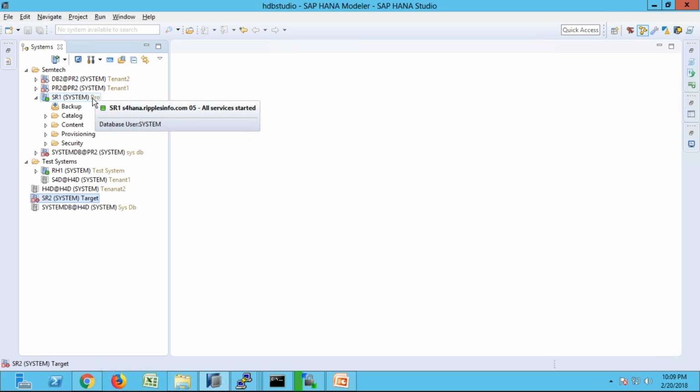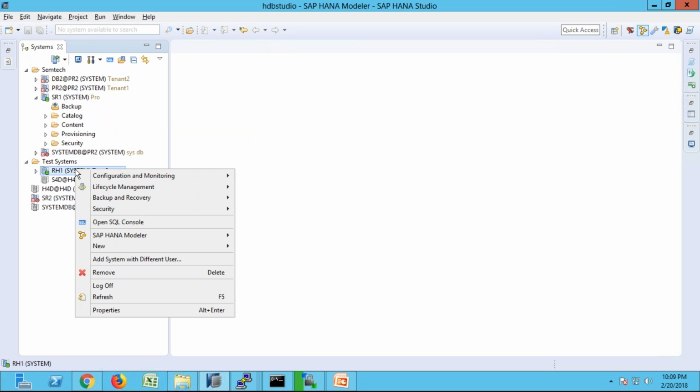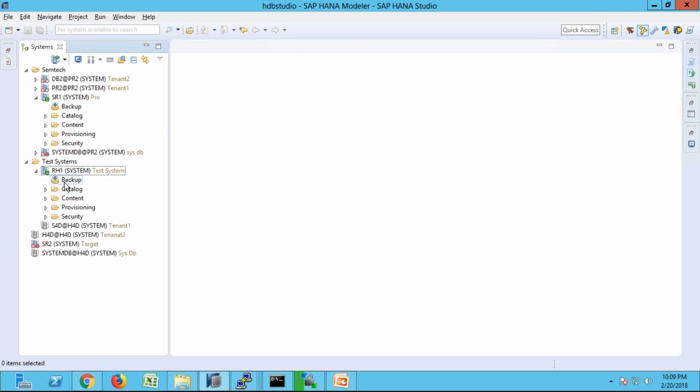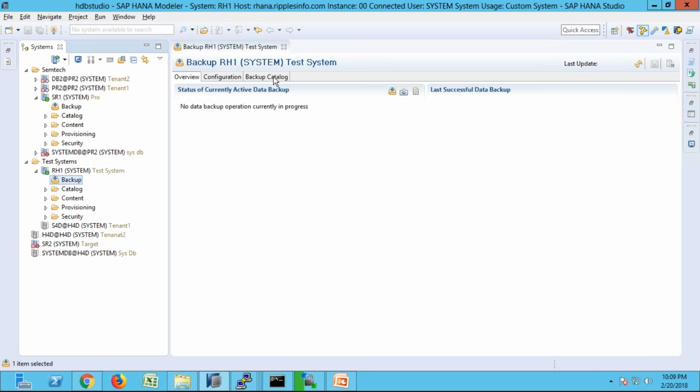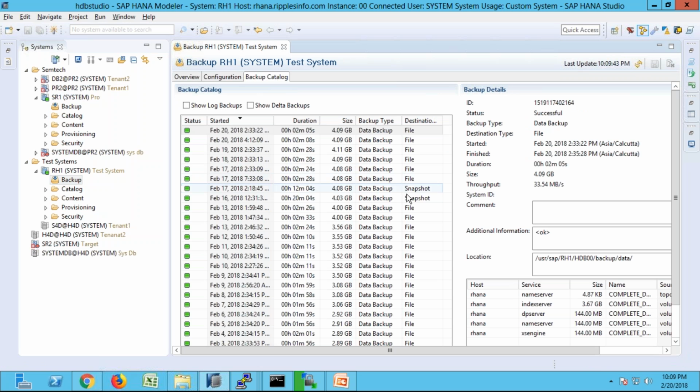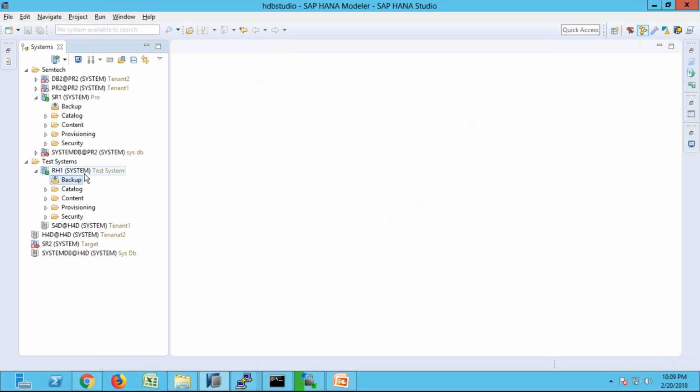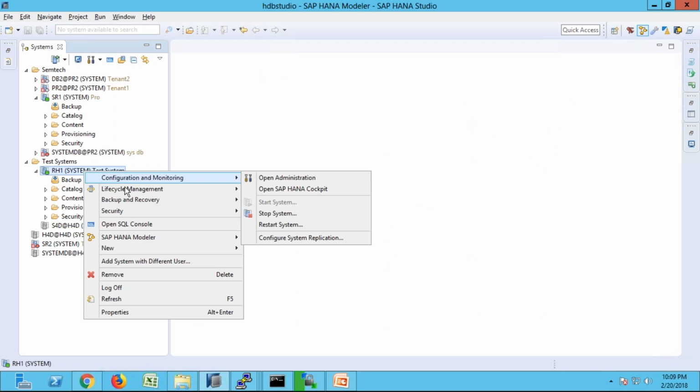But when we want to use a snapshot for recovery, first we need to copy the snapshot to the data volume location. So then only you can proceed with this recovery process. Otherwise, look at this, what happens. This database actually is having some snapshots. If you see the backup catalog, there are some snapshots available. But if those snapshot files are not copied, if I start doing recovery here,